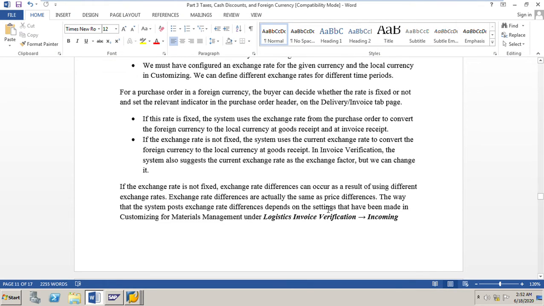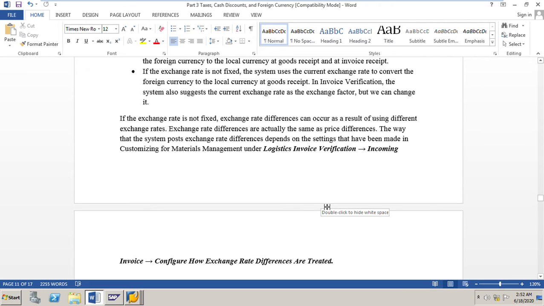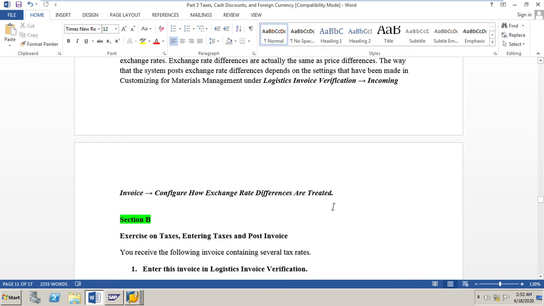So this is the overview of taxes, cash discounts, and foreign currencies. In the next session, we will go to section B, where we will do an exercise on taxes, that is entering the taxes, changing the tax codes and posting the invoice. Then in section C we will see how to post an invoice considering the discounts.